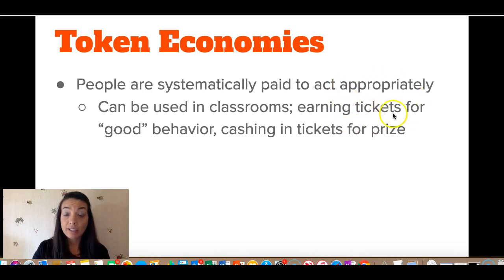You might have earned tickets for good behavior, and after accumulating so many tickets, you might be able to cash it in, turn it into the teacher, and pick a prize out of the prize box. You might see a token economy used, say, with homework. The teacher might have the students keep track of completing homework assignments. They might get a sticker, they might get a star, right?